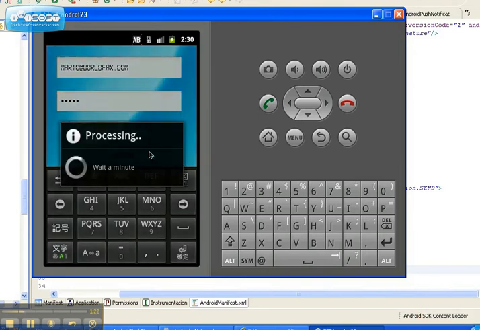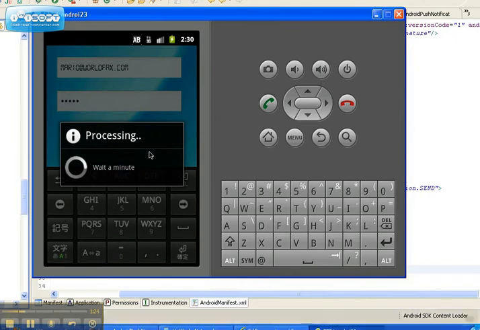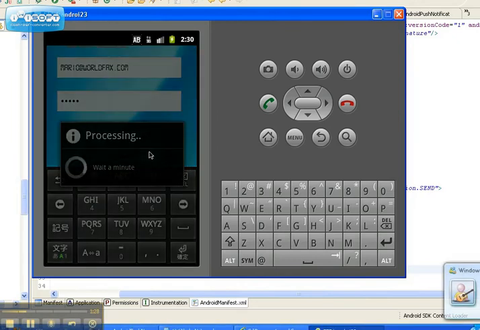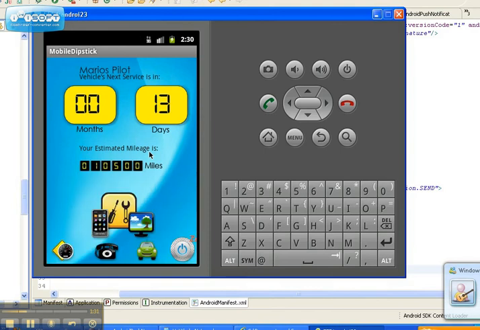They are going to send this particular username and password details and the application download link to those users. After they log in, on the next page they can see the next service mileage and the days remaining for that service. Like after 13 days, a user named Mario has to take his car for the service. At that time, he has to book an appointment and he can get his car serviced.